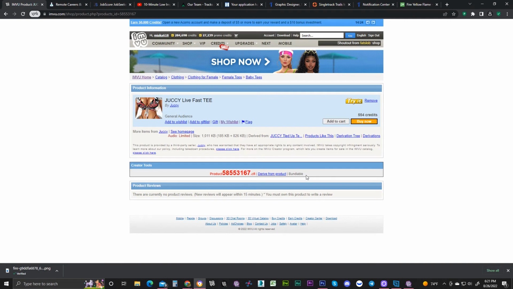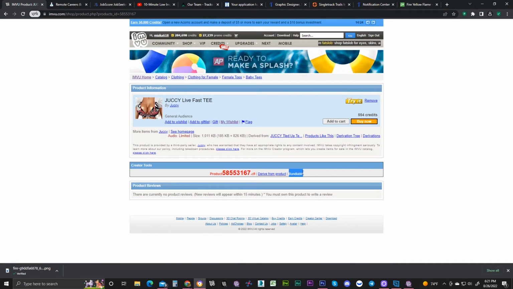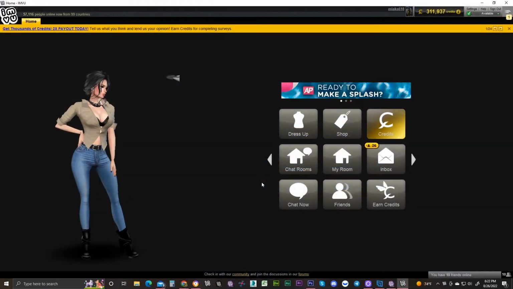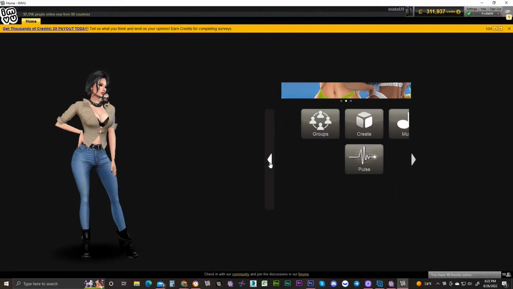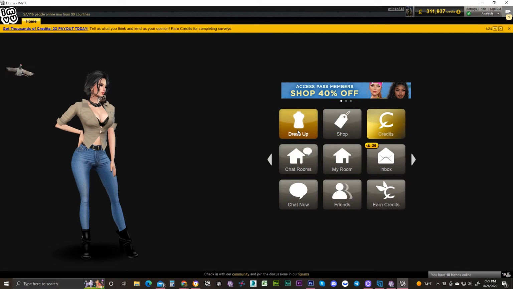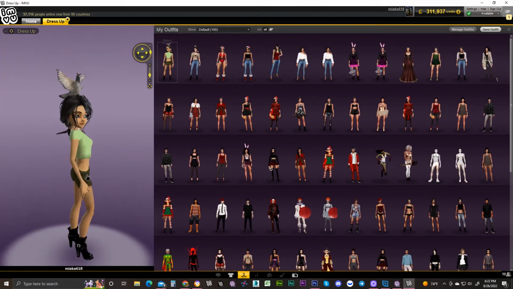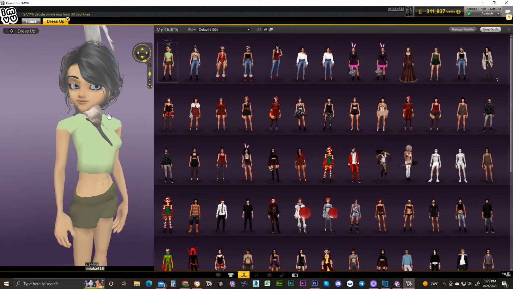So this one is bundleable. You'll see that it says bundleable right next to the product. If it's not, it would say not bundleable. When you log into the classic client, you want to go to the dress up tab. You want to build your outfit with all of the parts bundleable. I have one that I made really quick. I didn't take the time to find tops and bottoms that were bundleable,